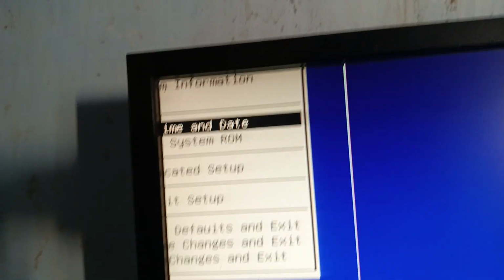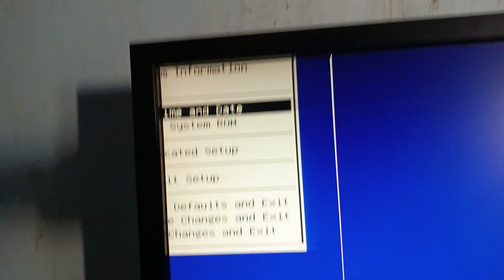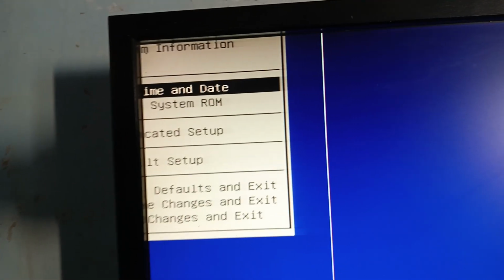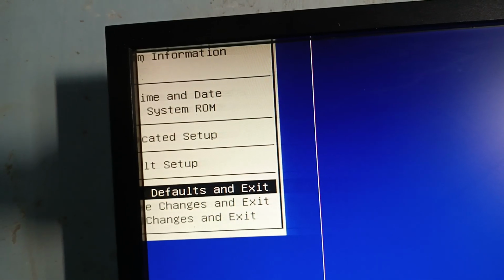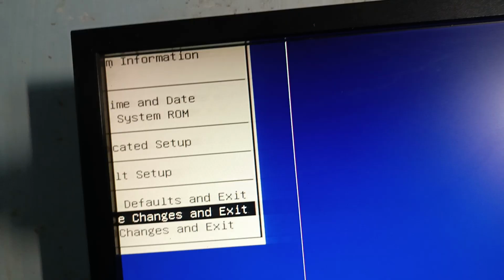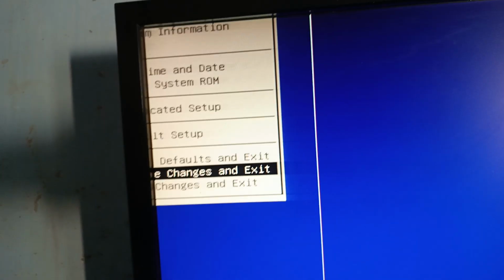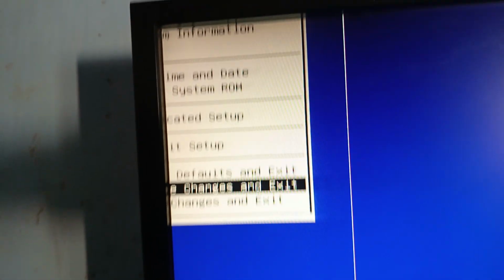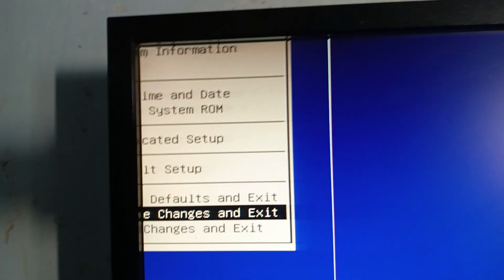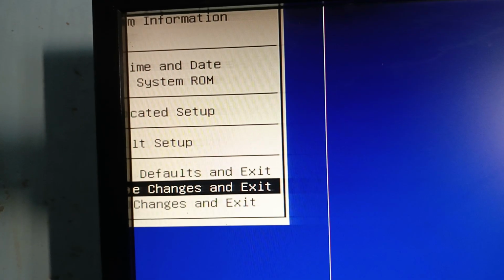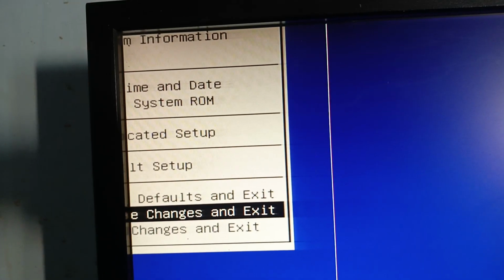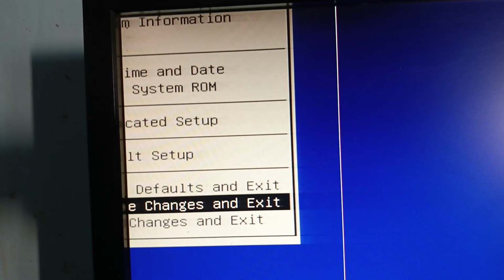Now as you can see, look at this menu carefully. Our display is not showing right, so it can be a trouble, but don't worry. As you can see here, save changes and exit. So press enter here, save changes and exit. Our display is not showing correctly, but don't worry. If you know it, see it carefully here. If this problem shows in your display, you can also do the same and press enter here,